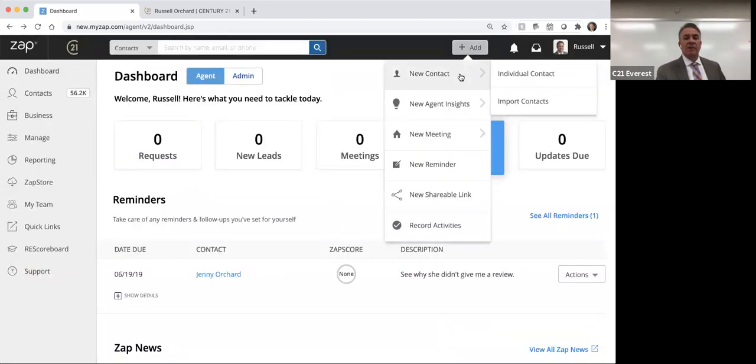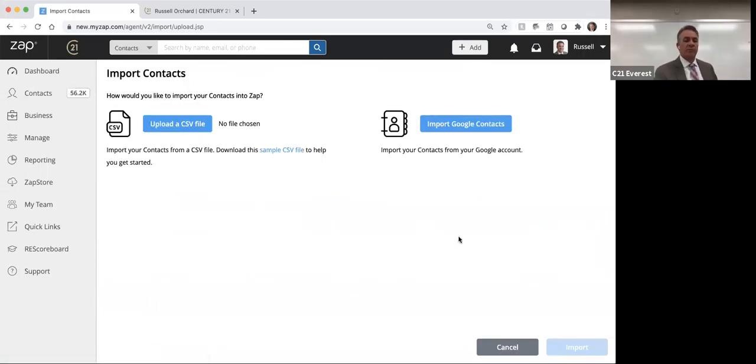The second way up here is I can do import contacts. Now, in terms of importing, which I guess technically there's only 2 ways. You either add them individually or you import, but there's potentially 3 ways you could go about importing them. And 2 of them are here, and I'll show you the other one in a second. So the first way is you could just upload a CSV file. So if you had all of your contacts in a CSV file, and here's a sample one that you can get,